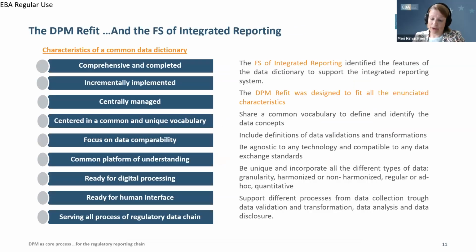Then we did complete last year a feasibility study on integrated reporting, and there we also investigated and analyzed common data dictionary, and we took the approach of what good looks like, and we also confirmed this in a discussion paper that we issued spring of last year, and had quite a lot of feedback, which confirmed that a good common data dictionary has these kind of characteristics: that it's comprehensive, and incrementally implemented, centrally managed, so that it is consistent, common, unique vocabulary, data comparability, so it's harmonized and common platform for understanding the requirements, ready for digital processing, but equally understandable for humans